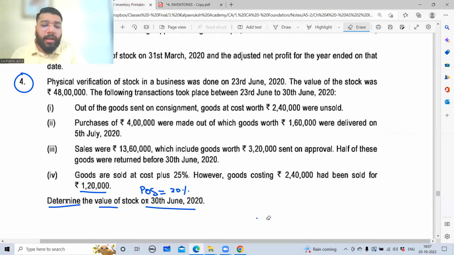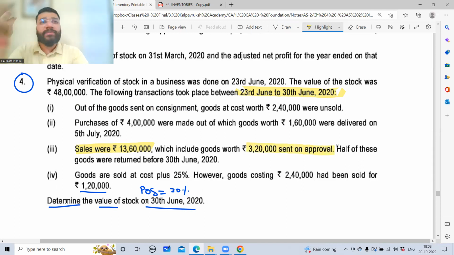Now, the third and fourth points have to be read cumulatively. So please pay full attention. They're telling that sales were 13,60,000 rupees. Is this the sale for the entire month of June, or is it between 23rd June to 30th June? This 13,60,000 is the sale that is happening between 23rd June to 30th June. The question says that the following transactions have taken place between 23rd to 30th. Okay. So between these days, 13,60,000 worth of goods you had sold, out of which 3,20,000 goods were sent on